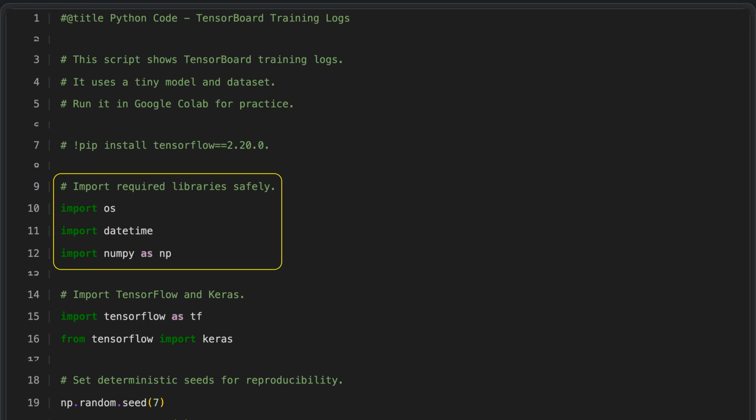We start by importing 3 key tools. The operating system module lets us work with the file system, for example, to create folders or manage file locations. The datetime module helps us handle dates and times, which is useful for adding timestamps to logs or files. Finally, we import the numerical computing library NumPy, which we will use for tasks like setting random seeds and working